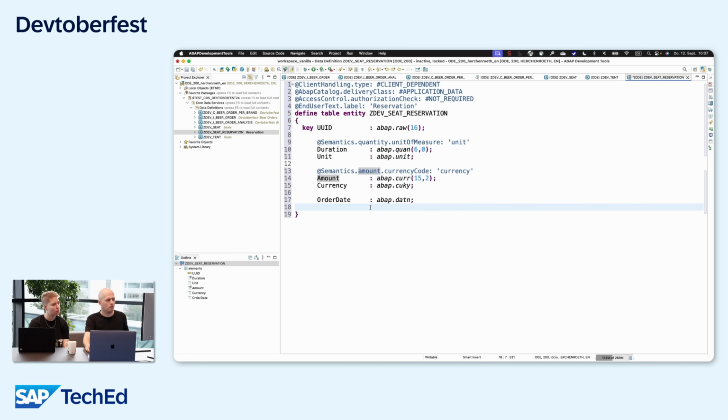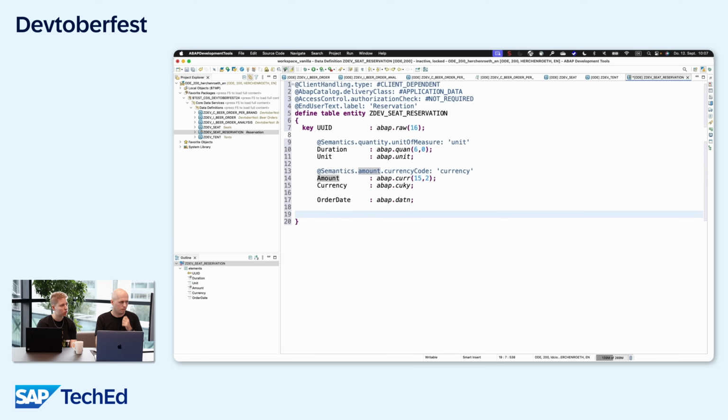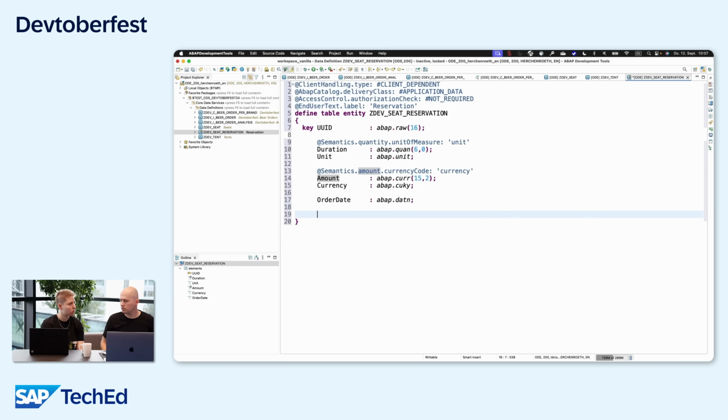Okay. And I think now a good idea would be to have some kind of status field. So, you know, some reservations get cancelled. We require that the guests confirm the reservation. So maybe we would model this also in this entity, right? So I would call this something like a status, and then